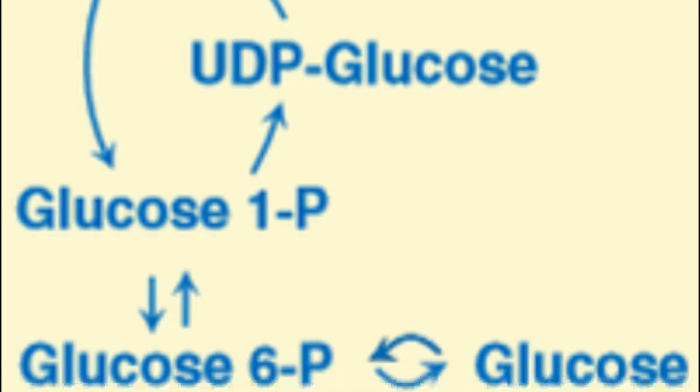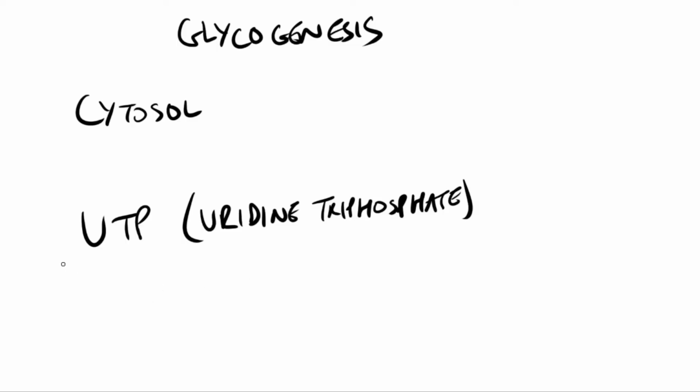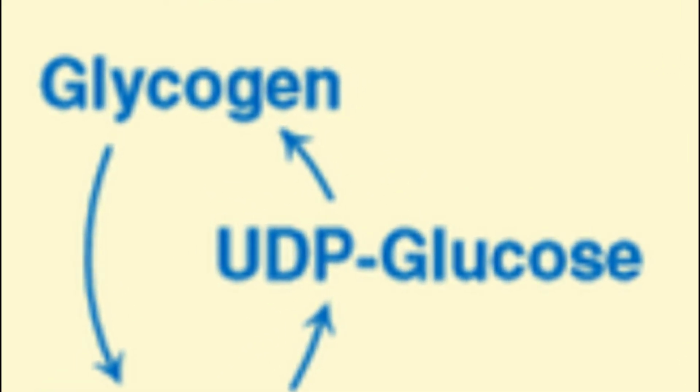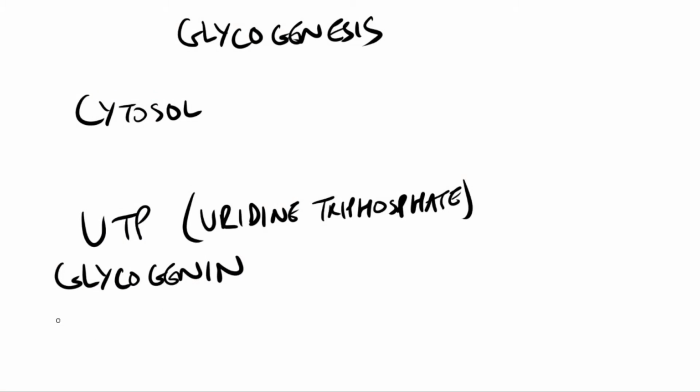Now, glucose is converted to glucose 6-phosphate in glycolysis, and this is converted to glucose 1-phosphate via phosphoglucomutase, which then attaches it to UDP. So there is a UDP glucose, which gives us the glucose with the help of the protein glycogenin. Now the reaction is catalyzed by glycogenin itself via autoglycosylation. This means that glycogenin is also an enzyme. This short chain serves as a primer, a starting point that is able to be elongated by an enzyme called